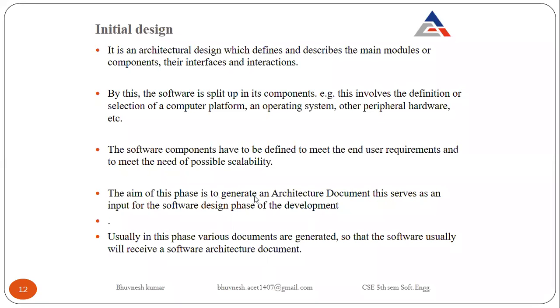Next, the aim of this phase is to generate an architecture document. This serves as an input for the software design phase of the development. The main aim is to make a proper architecture according to the documentation, that is the SRS. Lastly, in this phase various documents are generated, so the software usually will receive a software architecture document also. While we are creating a design, we also make design documentation,